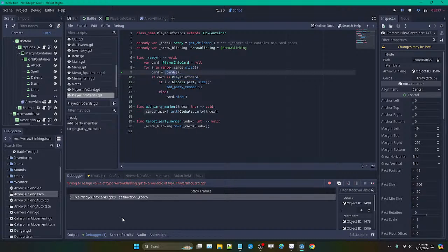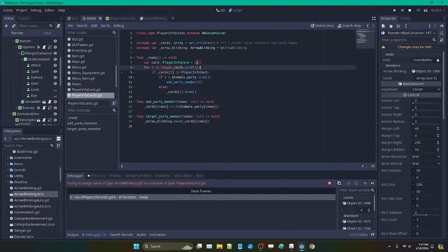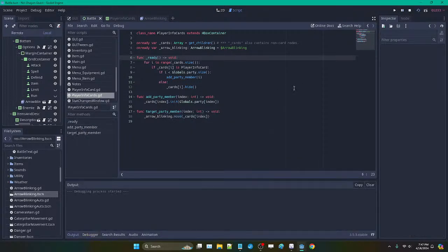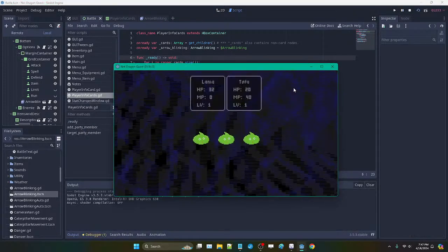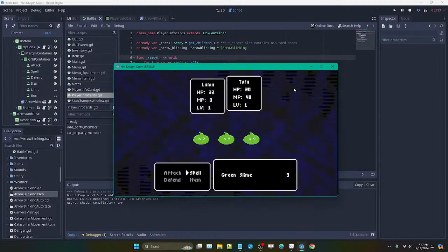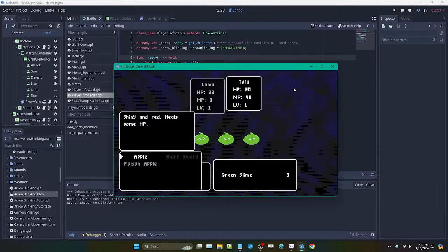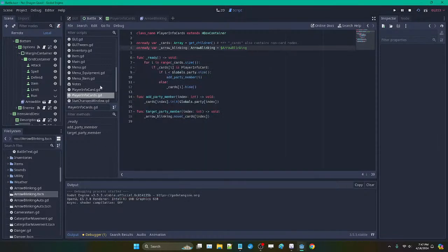Okay, maybe that's why. Is it breaking at? Yeah, it's breaking right there. So we're just going to go back to this and get rid of that card. And that should, yeah, okay. So we want to use a healing item. All right, so I'm not seeing that. We gotta go down to